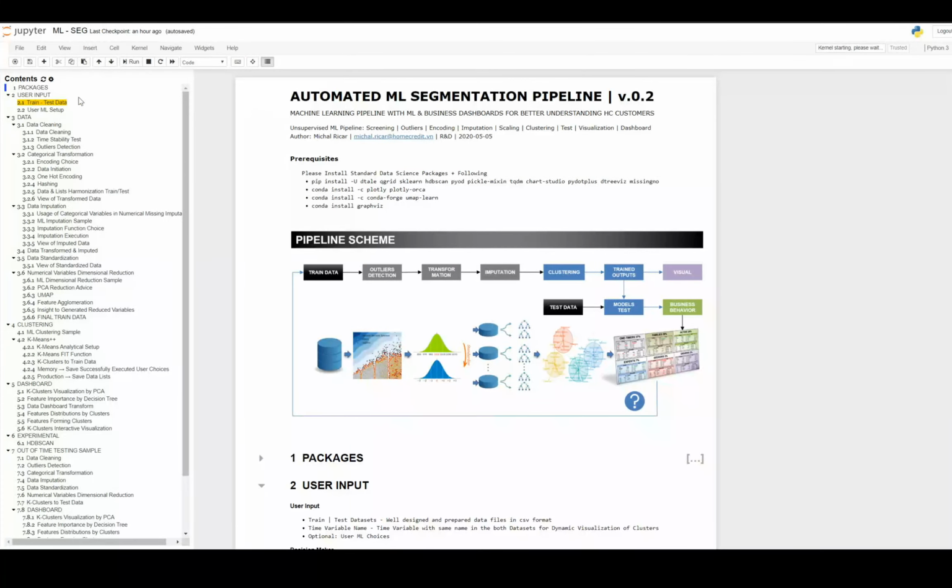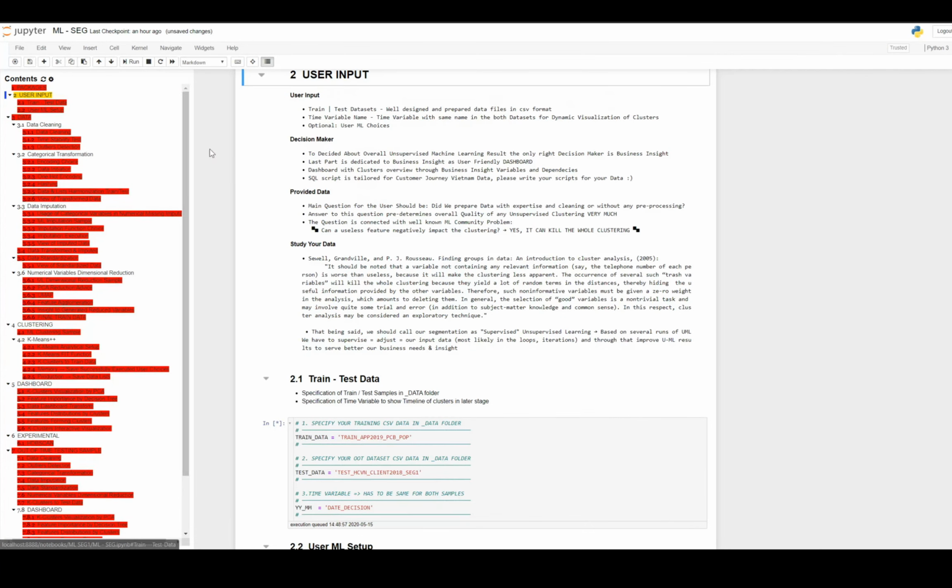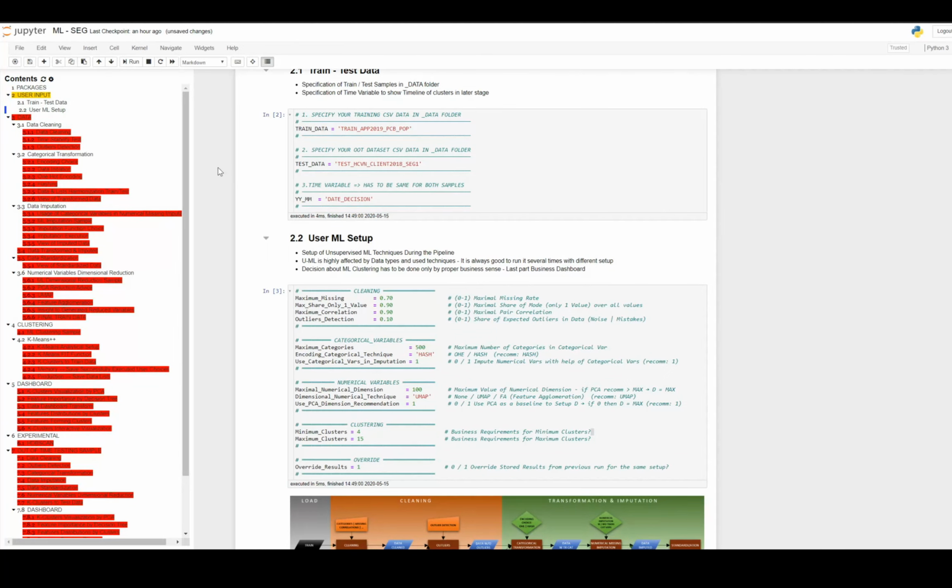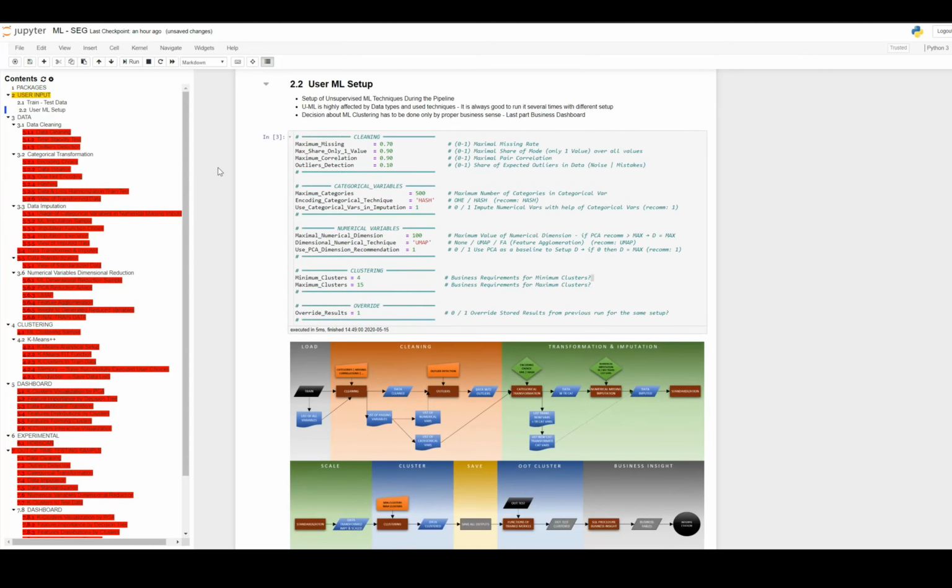So as the flow is fully automated, we can just run it all and let it do its job. Let's keep the original situation as we discussed, like this a priori setup with the compression hashing and compression UMAP for categorical and numerical variables respectively. The minimum business requirement is 4 clusters, maximum space for statistical testing of the clusters is from 1 to 15,